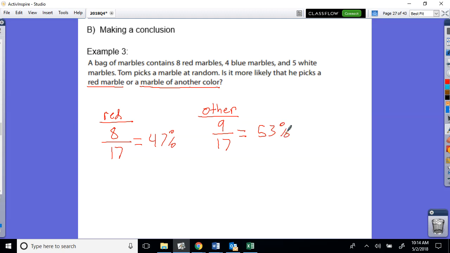Now we have to come up with a conclusion. Now that we've calculated the probabilities, we have to see: is it more likely that he picks a red marble or a marble of another color? Looking at this, this is 8 out of 17, and that's 9 out of 17. So they're very close, 47% compared to 53%. We would say that there might be a little bit higher chance of getting the other type of marble than a red. So we could write something like slightly higher